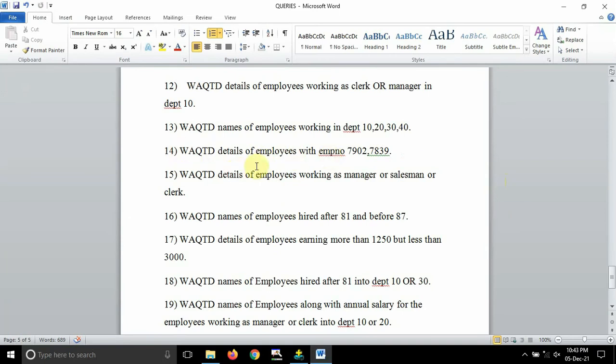Yes. So clear screen again, and the next question is the 14th one. Write a query to display details of employees with employee number 7902, 7839. So their employee number should be equal to 7902 or 7839.